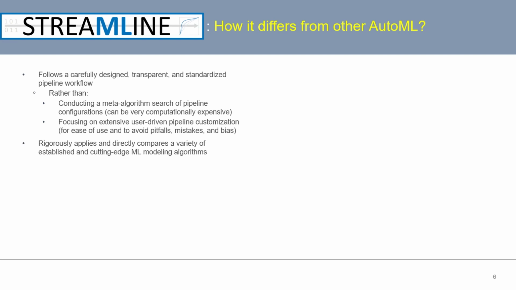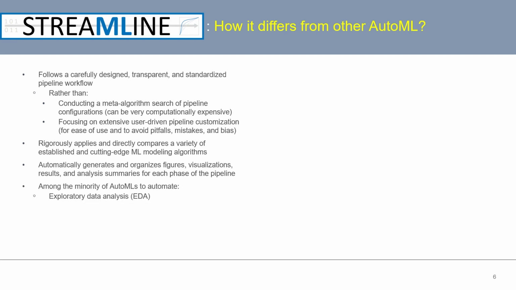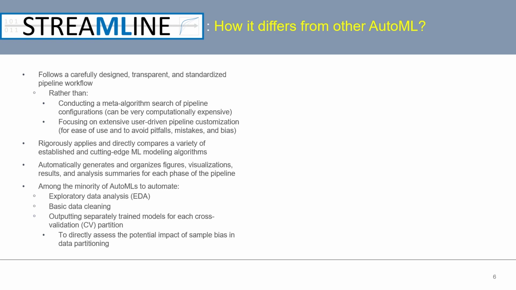STREAMLINE also rigorously applies and directly compares a variety of established and cutting-edge machine learning modeling algorithms. It automatically generates and organizes figures, visualizations, results, and analysis summaries for each phase of the pipeline. Furthermore, STREAMLINE is among the minority of automated machine learning solutions that automates exploratory data analysis, basic data cleaning, or outputting separately trained models for each cross-validation partition, which is important to directly assessing the potential impact of sample bias in data partitioning. STREAMLINE is believed to be unique in its ability to automatically analyze and compare multiple datasets directly,